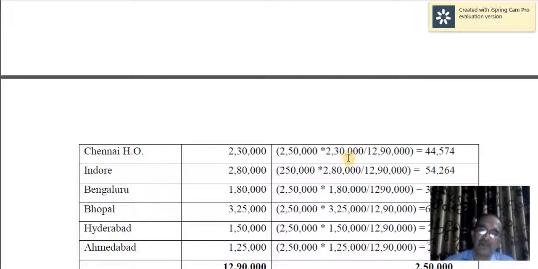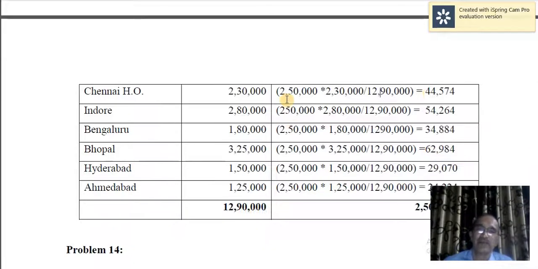What is the portion of turnover of Chennai HO to that of total turnover? That should be found out. And you have to apply that on the total input tax. So you will get the share of Chennai HO. Similarly, you have to calculate on